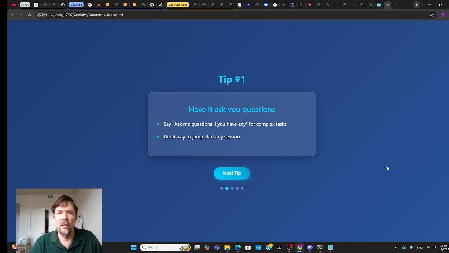The second way is that it's a good way of jump starting a session or a task. So, for example, an excellent prompt, very simple prompt, very effective, would be you could tell the AI, I'm interested in learning to use AI more effectively. Ask me questions. And that simple prompt will trigger the AI to ask you probably about a dozen questions, maybe less, but it'll ask a good amount of questions, and they'll be good questions.